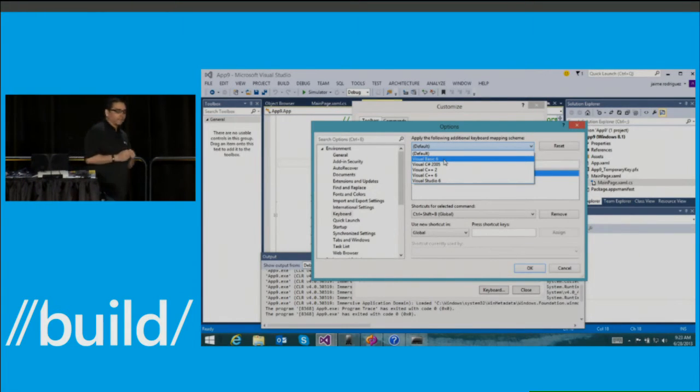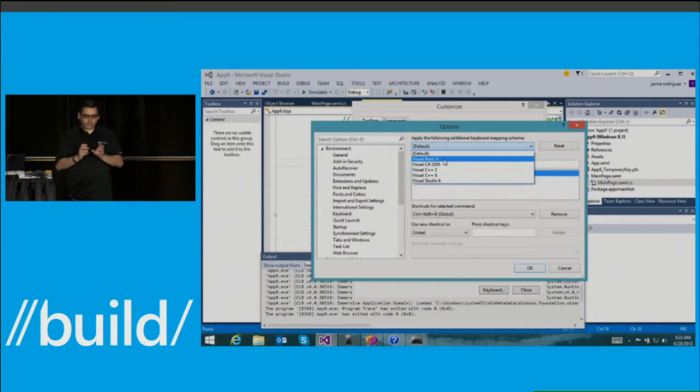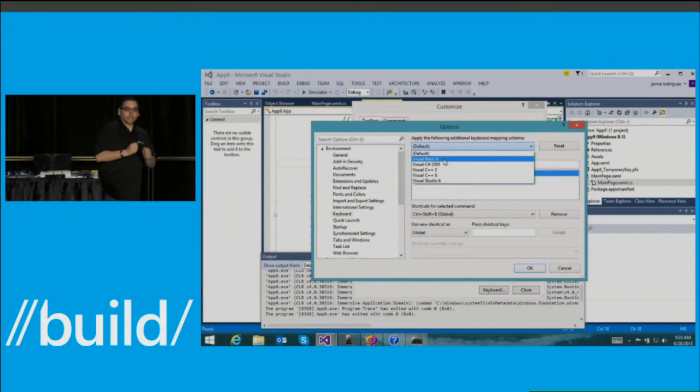Again, these are not on the free version, but if you're just getting started, we have 90-day evals of Visual Studio on the higher level SKUs. So for anybody who's getting started, the easy thing to do is download the 90-day eval, and then bring in your key bindings so that you're familiar and more effective as you start coding,